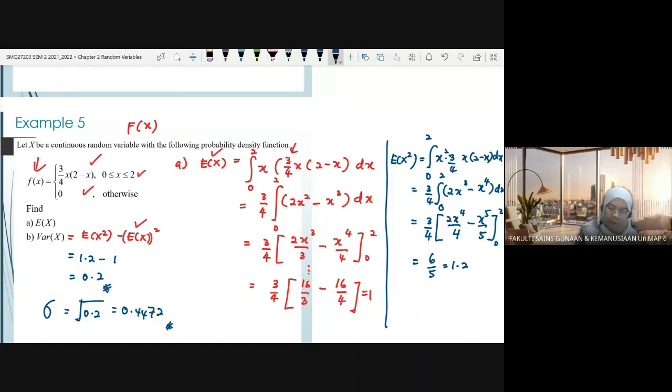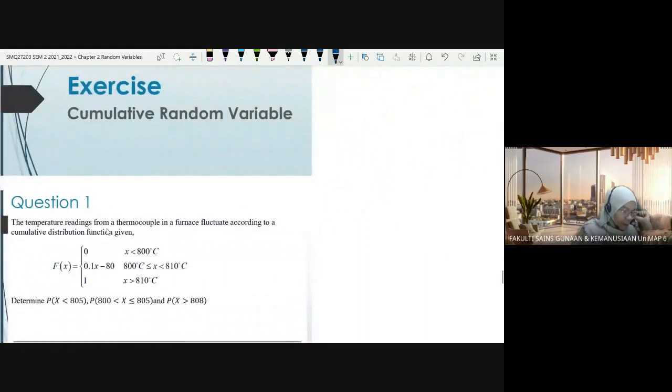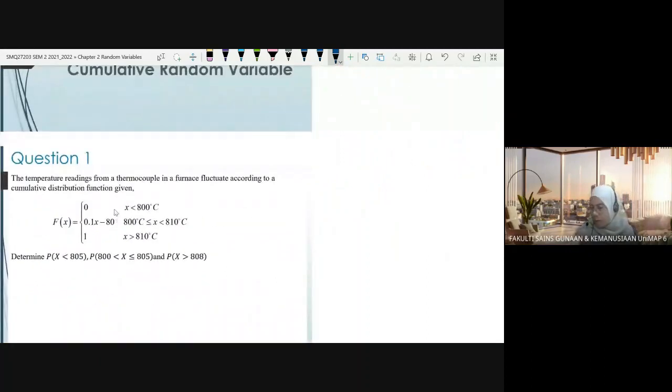Okay. So this is how we find the variance, the standard deviation, as well as the mean. So this is the mean, right? Next time, if you're given any probability density function, you can straight away find the mean, variance, and standard deviation for the given function. Okay, so for the exercise, since it's already 10:29, I'll just give you time to have